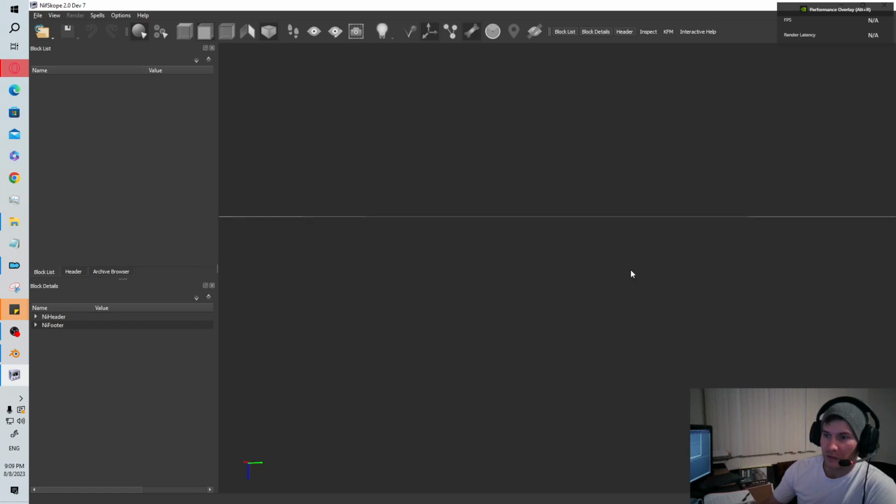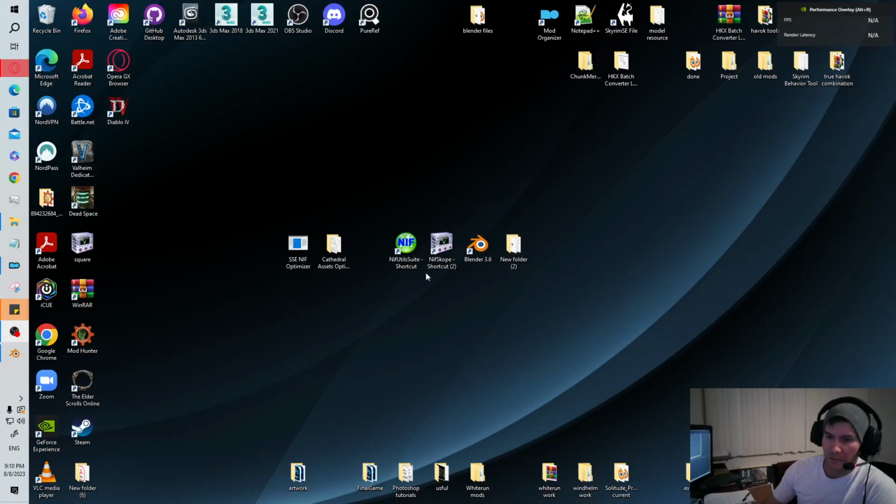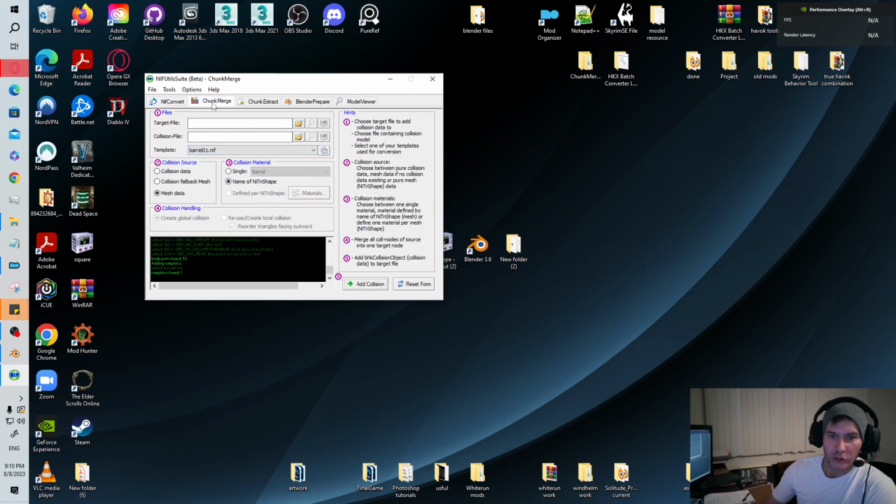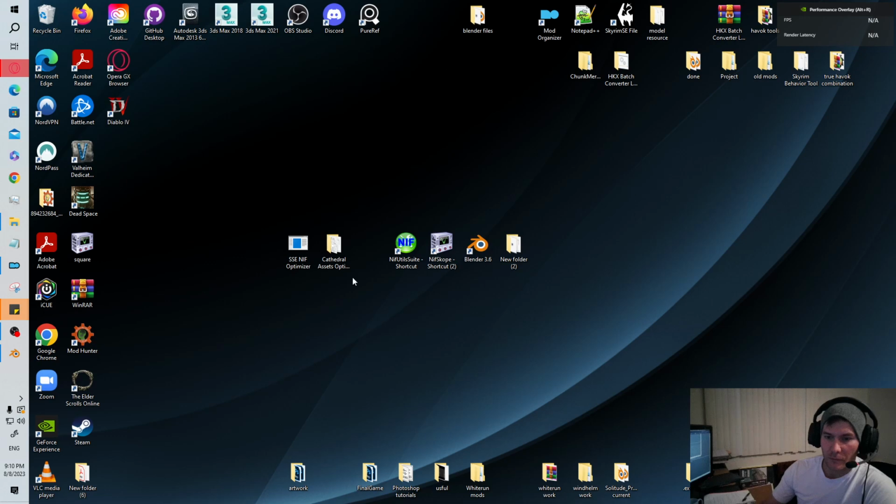This is on GitHub as well. You're going to need that. You're going to need Nifutilsuite. I'm going to provide a link for that tool as well. We're going to be using chunk merge right here. We're going to be needing that. And you're also going to be needing